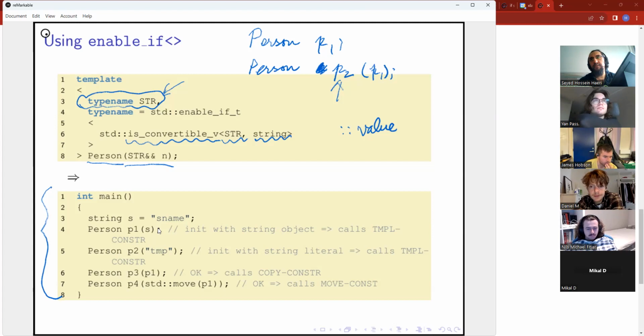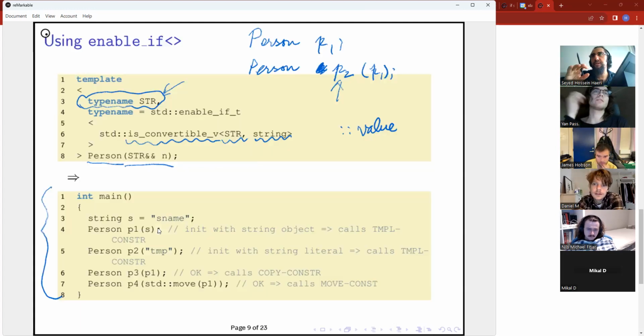James, are you fine with it? Well, I'm a bit confused. You're passing a person which is supposedly convertible to a string. No, it is copy constructor, so we're using the code from before. That's right. Oh yeah, then that's fine.